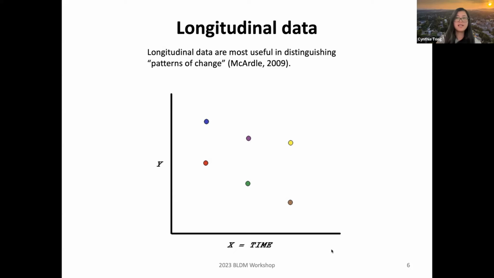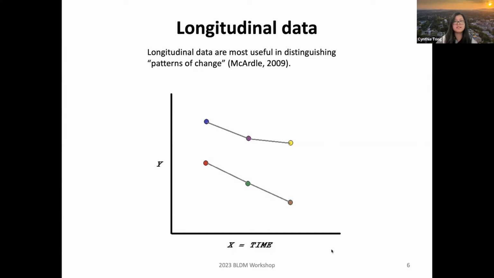But if I tell you that these 6 dots did not come from 6 different individuals, instead, they come from 2 individuals, and each individual was repeatedly measured 3 times, like this, you may still get a conclusion that Y decreases as X or time increases. But the same data points may